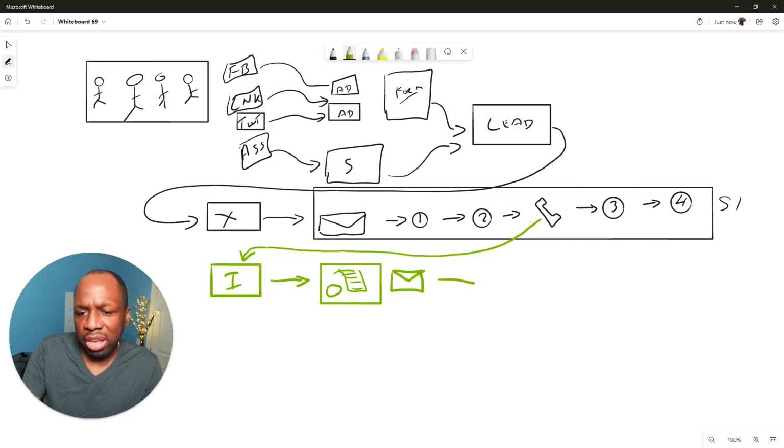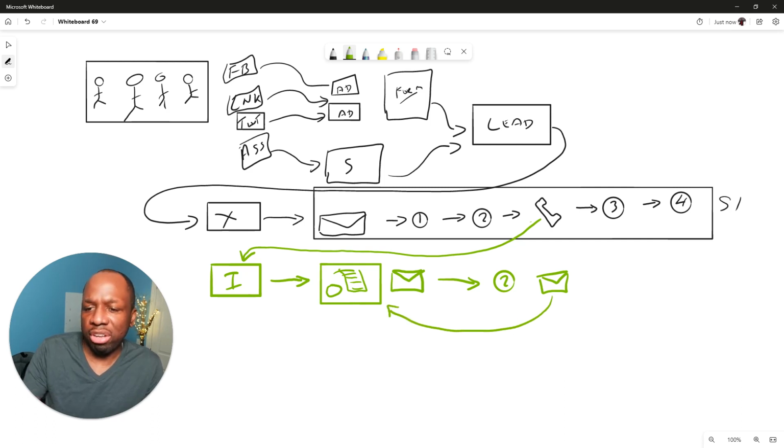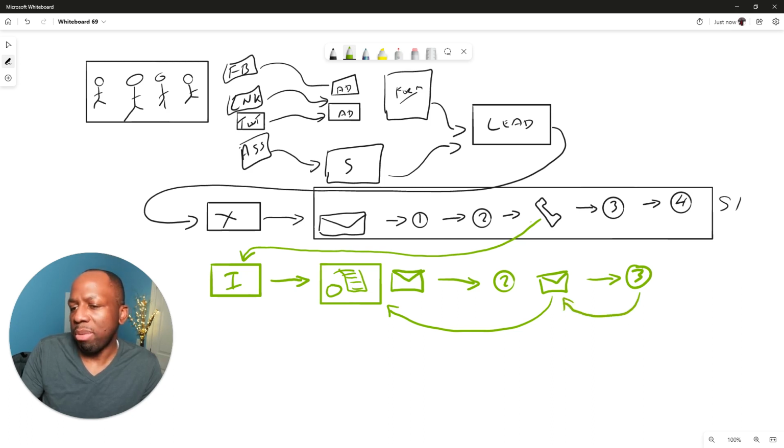So once we send that email out, then you need another sequence. Another email that basically says, hey, just trying to follow up to see if you had a chance to look at the email previously, right? So this is a follow-up to this email here to see if you actually had a chance to look at that email. Maybe you didn't get back to me, so maybe I send another email, and that email will be sort of just checking in to see how things are going, right? Maybe you didn't connect with me again, so I might send another email, and that email might be sort of a